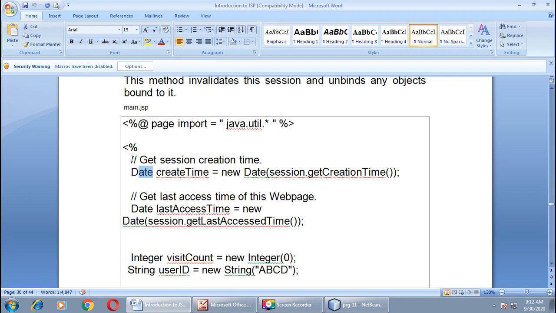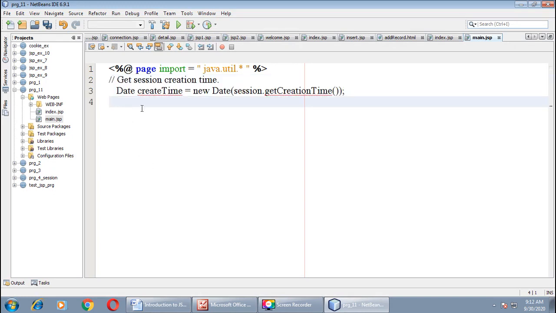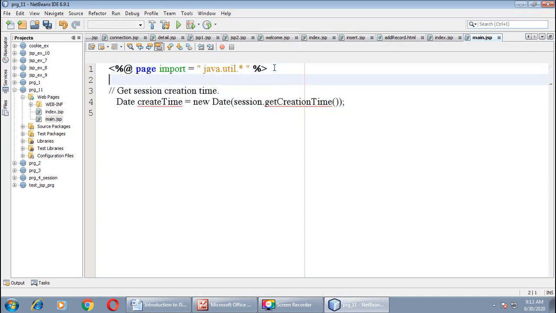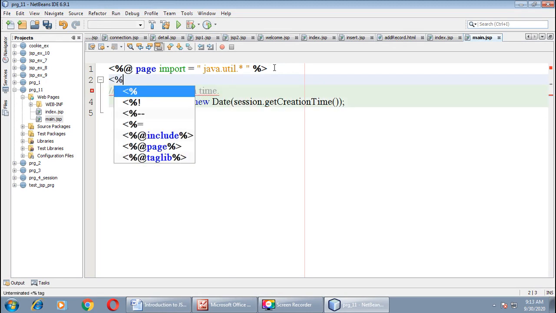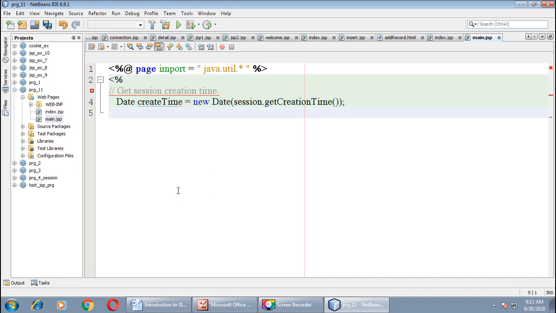So you will come to know whenever you refer to this program what the purpose of this line is. So you have to keep the practice of giving comments, right? Get session creation time. Here we will begin our scriptlet tag. At the same time we will close it, so no need to forget it later on.